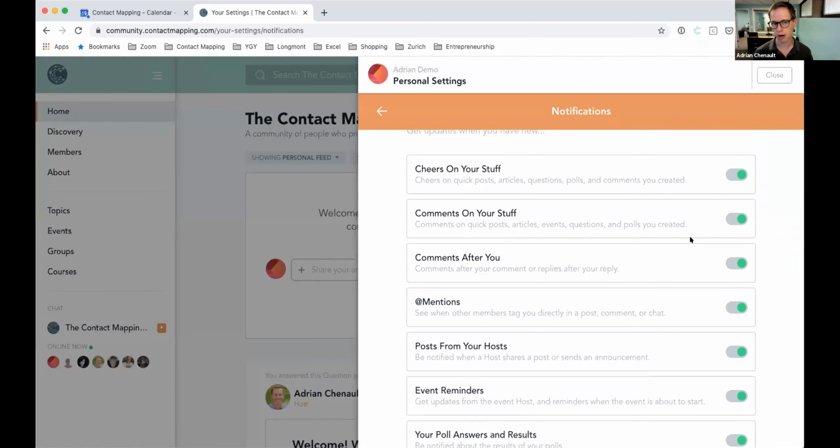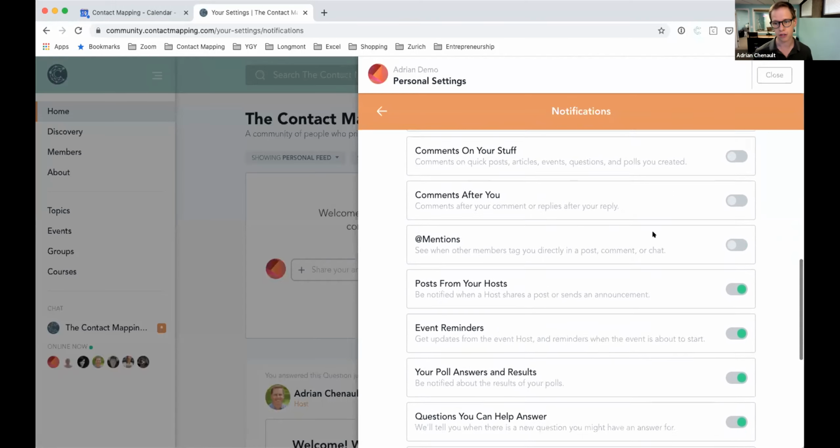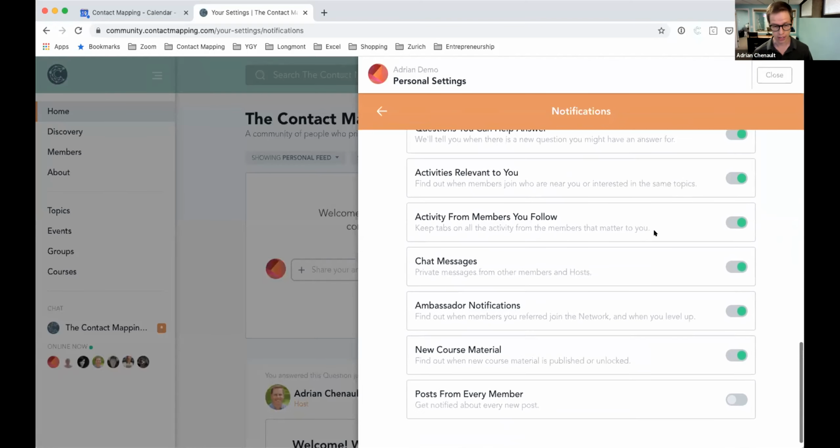So what do I care about hearing? Like, do I want cheers on my stuff? That's the little heart button. Do I want an email if somebody cheers my post? Maybe I do, maybe I don't, but you can click these things on and off and configure it the way you want. I encourage you to have notifications on, but to take some time to configure these things, because the notifications being on is an excellent way for you to be able to